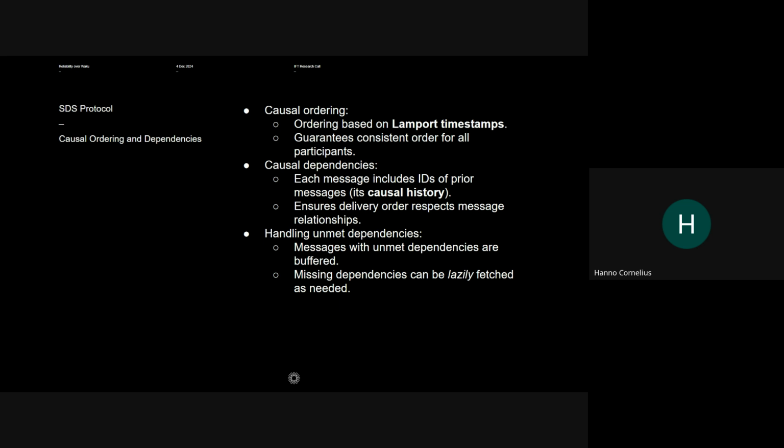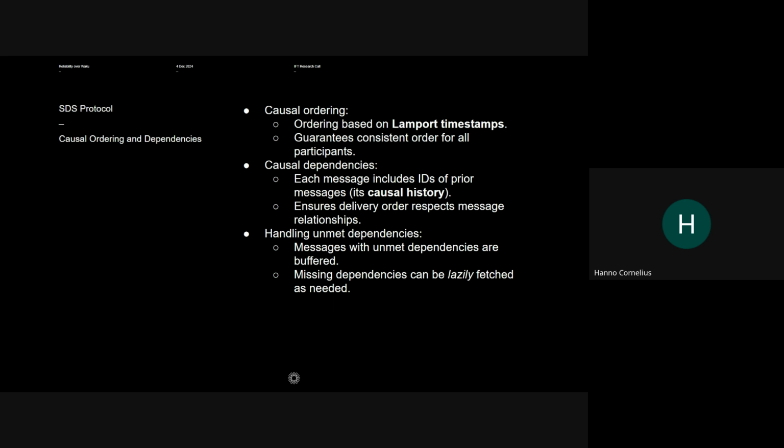But it can also look at the included references to prior messages, the causal history included in the received message, to see if it has met all causal dependencies. So just saying, if it has already received these messages that are referenced as prior messages to the one just received. And perhaps buffer this message until it has received these prior messages, right?